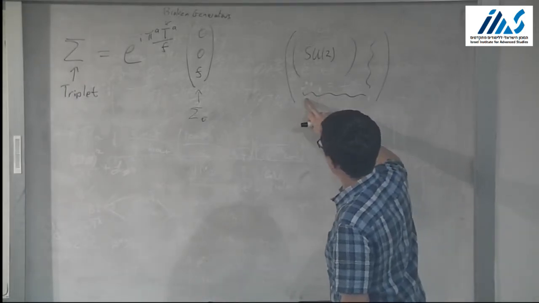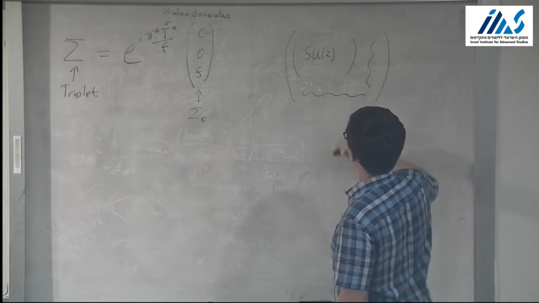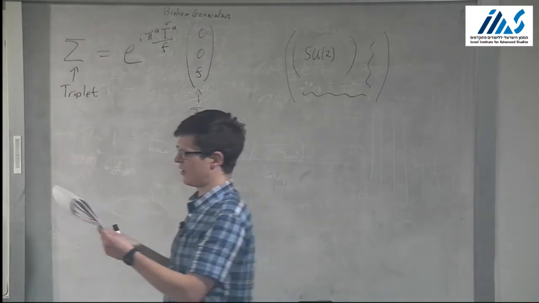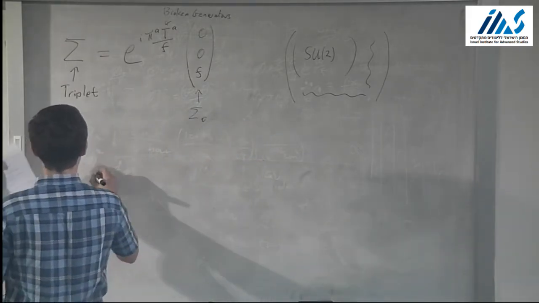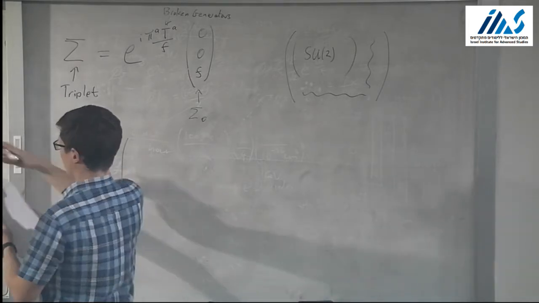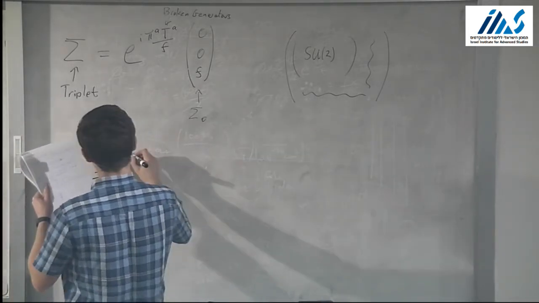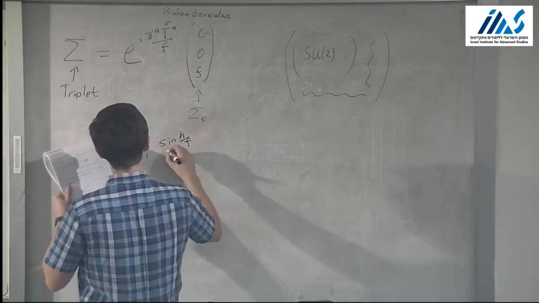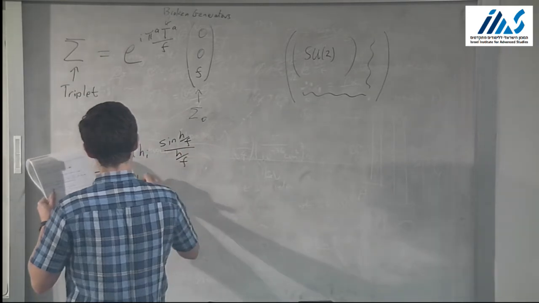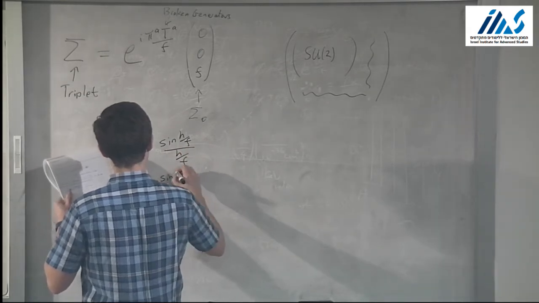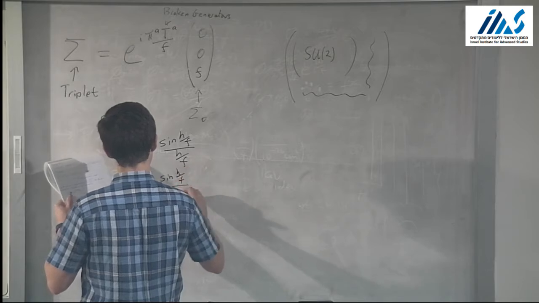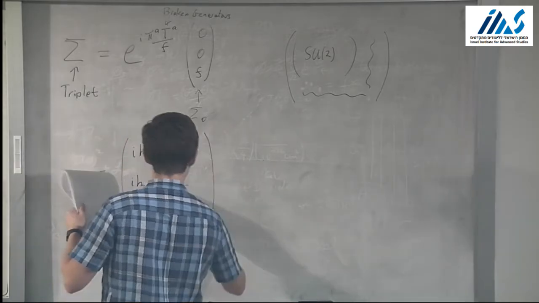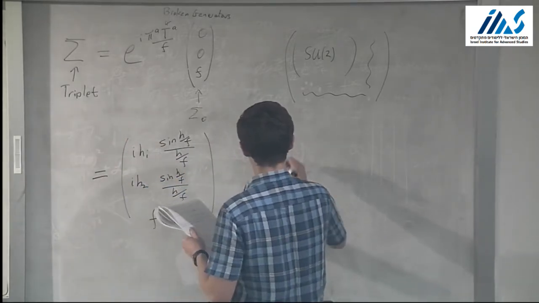You've got something like 1, -1 here, or i and things like this. And you plug it in. You can literally plug it in and take the matrix exponential, and you see that sigma is just the following. In terms of the different fields, you can write it in terms of the Higgs fields as i H1 sin(H/F) over (H/F), i H2 sin(H/F) over (H/F), and then F cos(H/F),